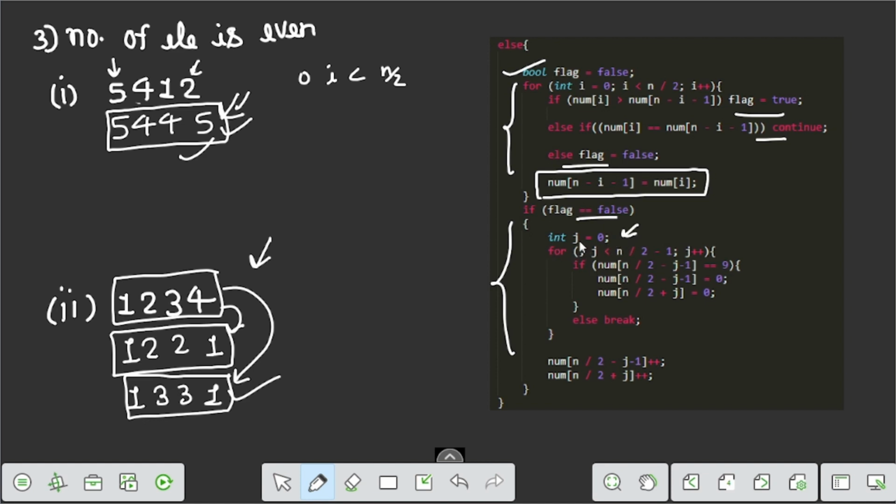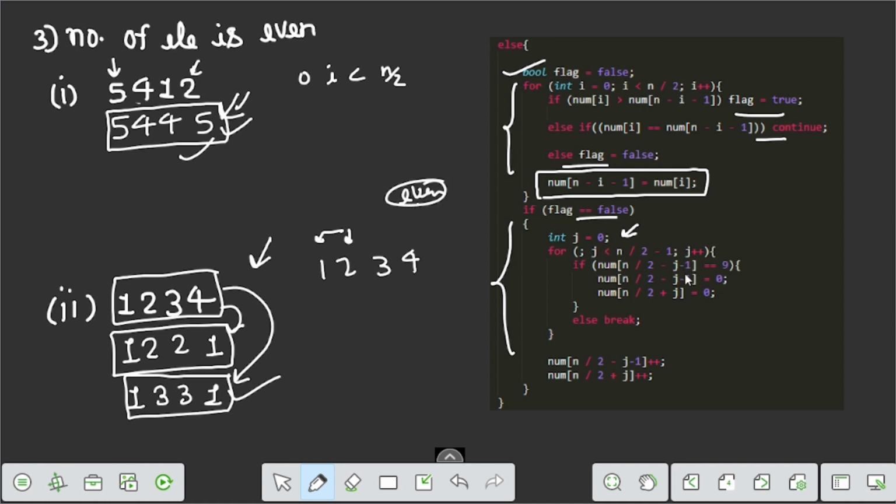So the idea remains the same. We go through 1 2 3 4, from here to here, and from here to here. We check j from 0 to n by 2 minus 1, j plus plus, with n by 2 minus j minus 1. Here the minus 1 is added because we are tackling an even number of elements.